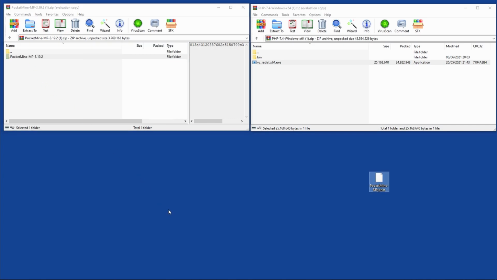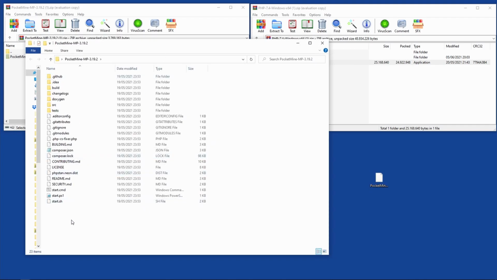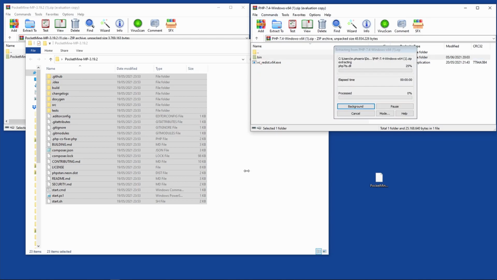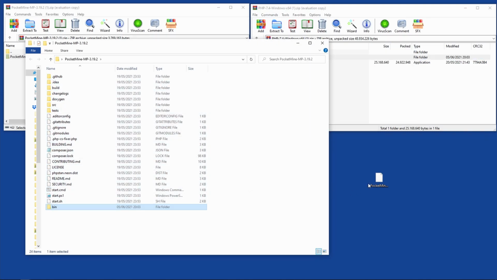or to wherever you want to have it. When we open up that folder, we can see that this is our server. But to get it working completely, we have to drag in the bin folder from our PHP download. Drag that in here. And take our Pocketmine.phar and also drag that in here, just in the root folder from